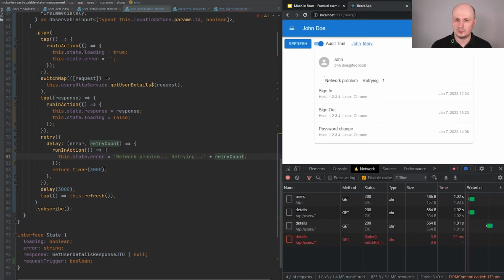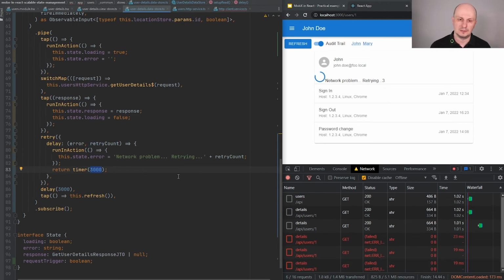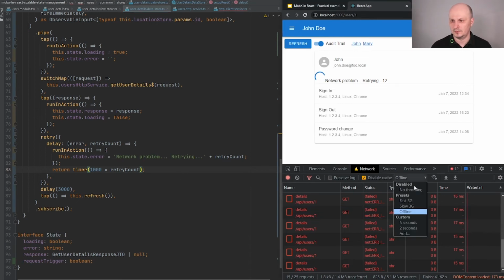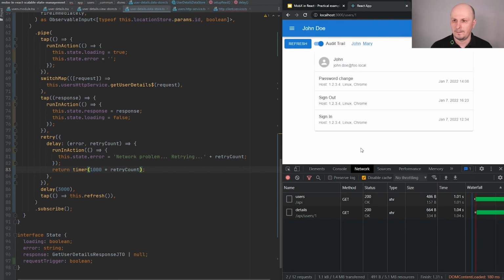You may also want to use this number to increment timer between next retrying calls. For example, maybe it's senseless to call every 2 seconds. Maybe first call should be after 2 seconds and the next one after more. Let me show you the example. Retry count. Of course, I need to fix. Okay.